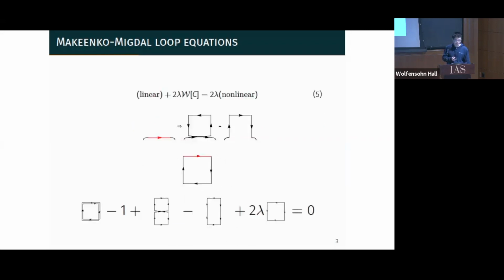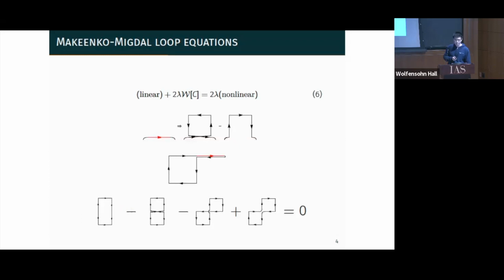Let's take an example, the 2D lattice Yang-Mills. You do the shift on the link of one plaquette, and you get the following loop equation. This is the exact loop equation. There is also another kind of loop equation called the backtrack loop equation. You do the shift on the backtrack, and you get other relations among different Wilson loops. This category of loop equation is independent of the 't Hooft coupling.